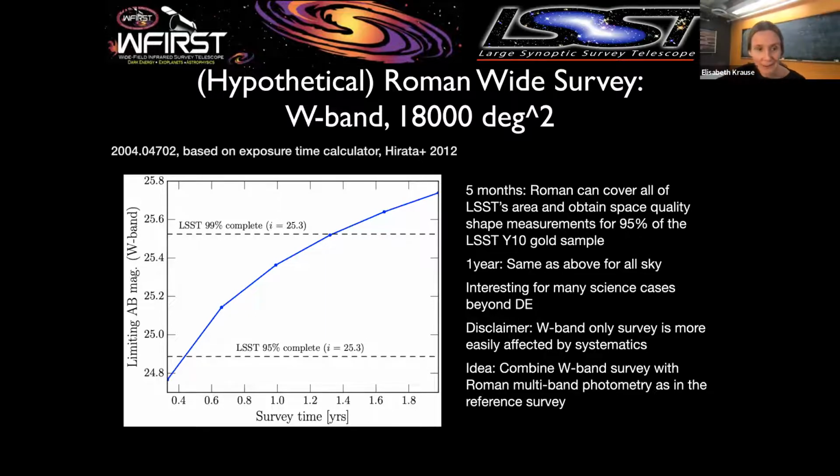Especially within just half a year, we can reach 95% completeness for the LSST lensing sample down to a limiting magnitude of i of 25.3. And within 1 year, we could do the same for full sky. Of course, W-band based lensing may be subject to some systematics we haven't considered yet. But the main idea is that we combine space-based imaging with the W-band